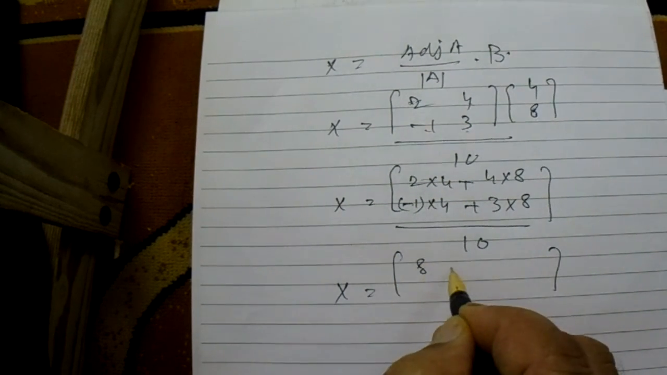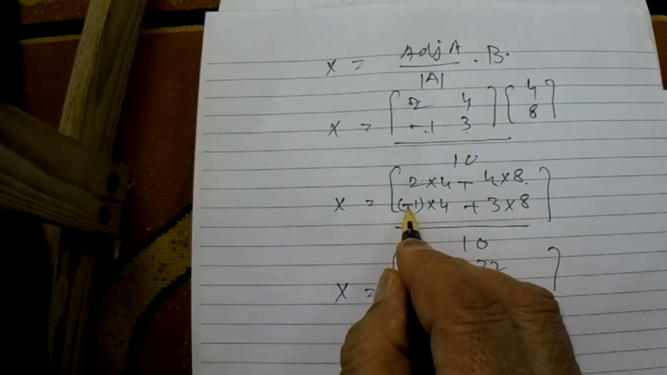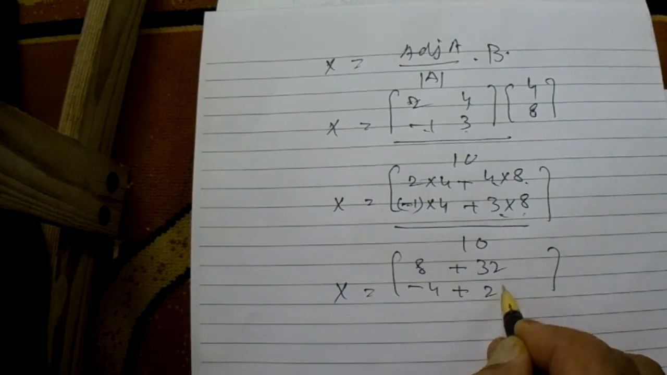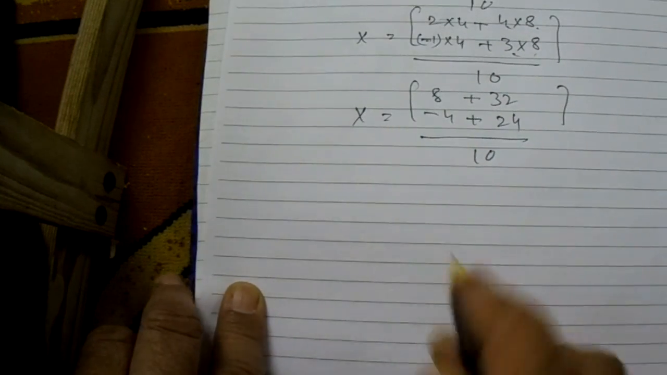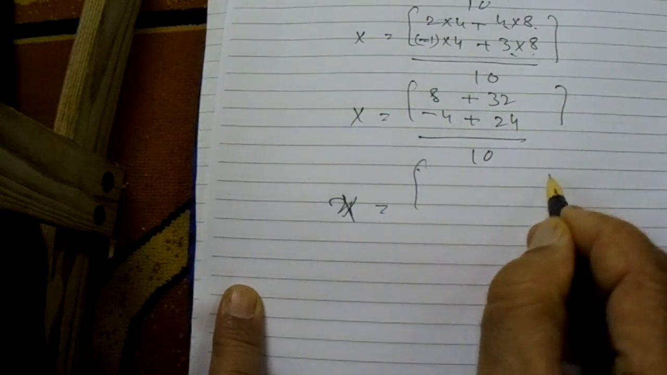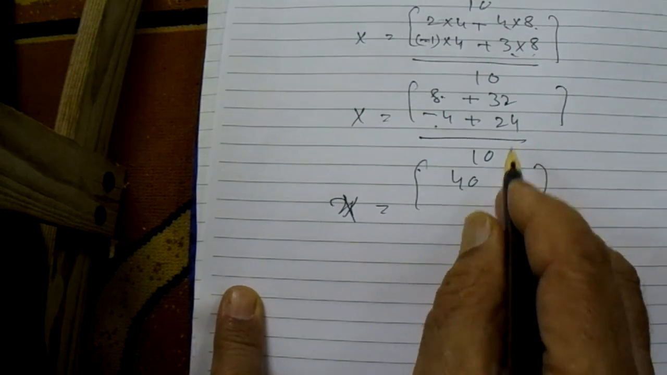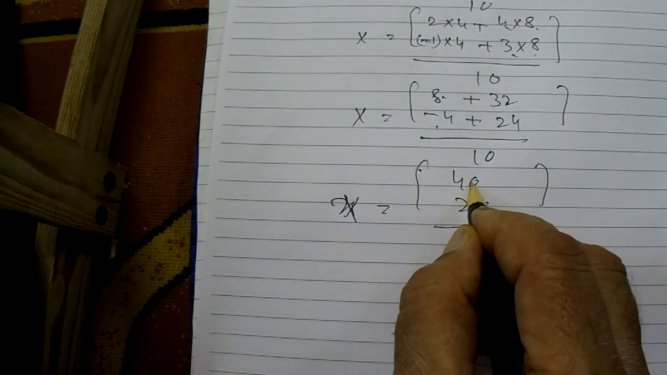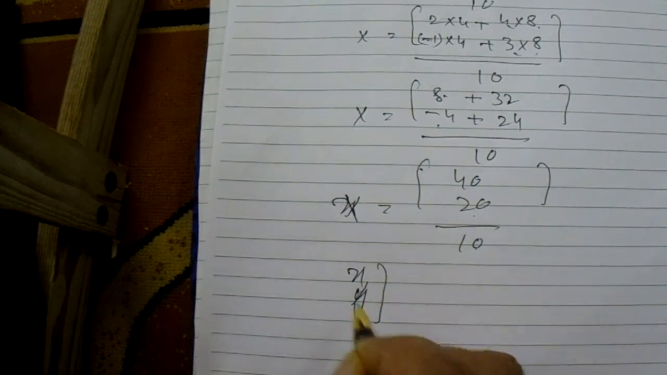4 8s are 32, and minus 4, and 3 8s are 24, over 10. Again we write X is equal to 8 plus 32, 40, and minus 4 plus 24, 20, over 10. Now 10 is the denominator of this and this. We write here X, Y is equal to